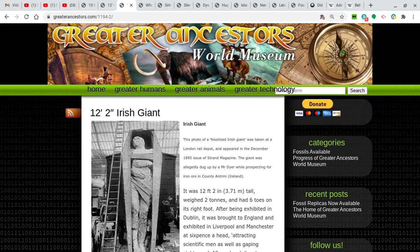And why would you do all this stuff if it wasn't real? But maybe what we're seeing isn't petrified giants at all, but maybe actually statues from some previous civilization from a long time ago. You see, in the past, even in our history that we can recall, these reliefs, these statuary